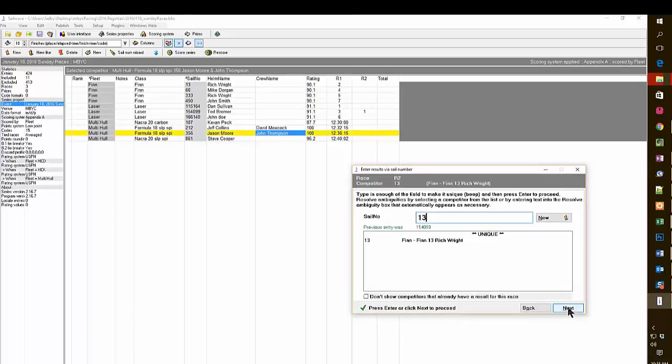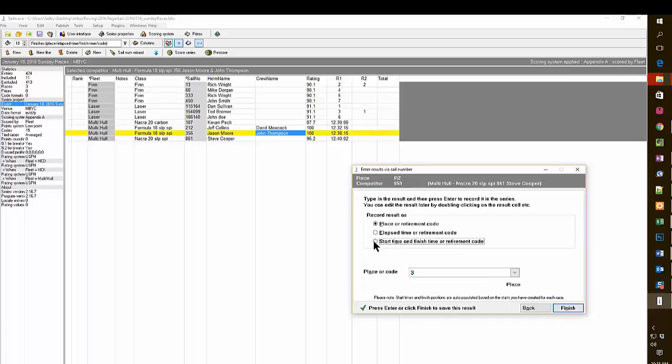And then 13, next, finish, and then 861, Steve Cooper, so we know that's a multi-hull. So we have to do a start time and a finish time. And I'm going to use kind of a weird start time, which is 12:55, because I want to demonstrate something about using the military time. So he finished at